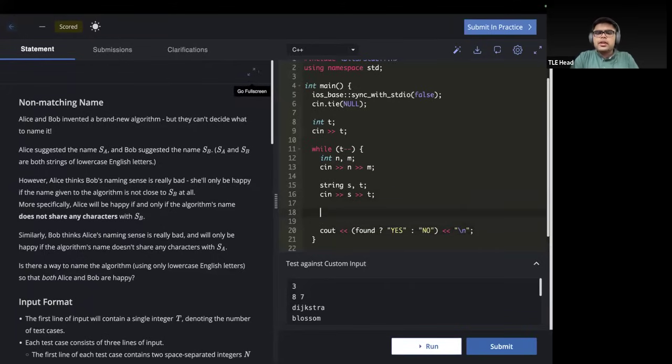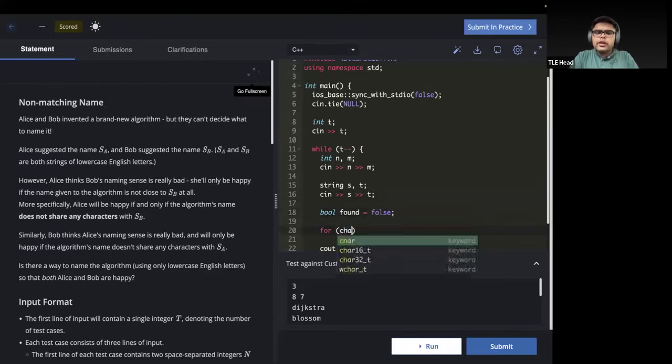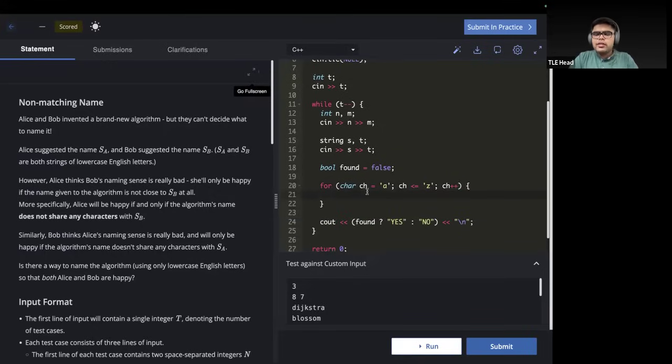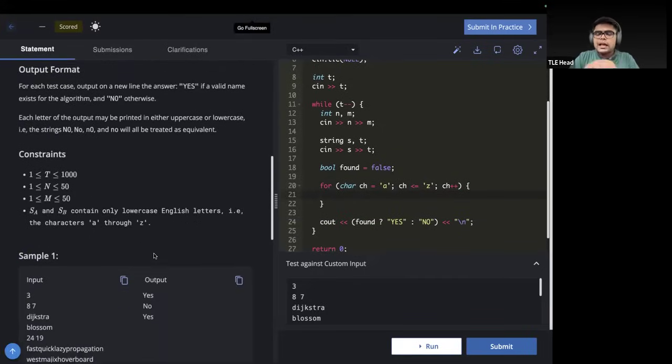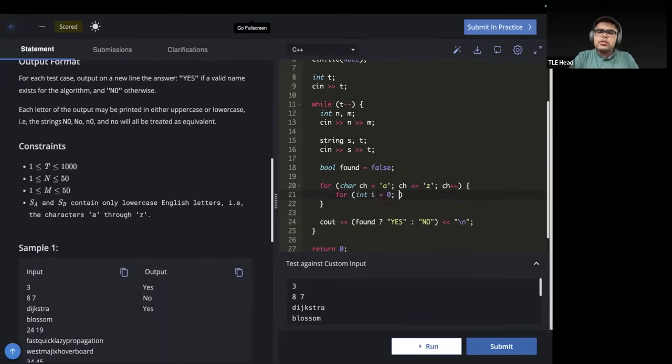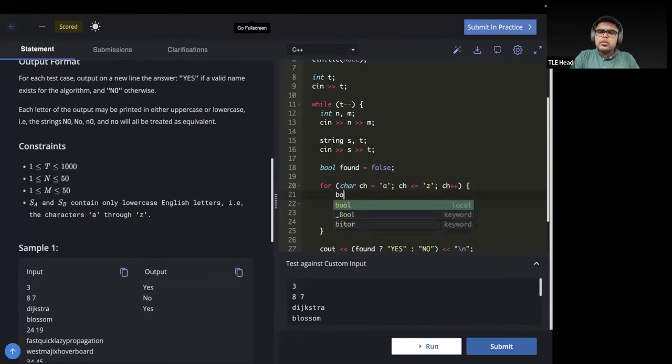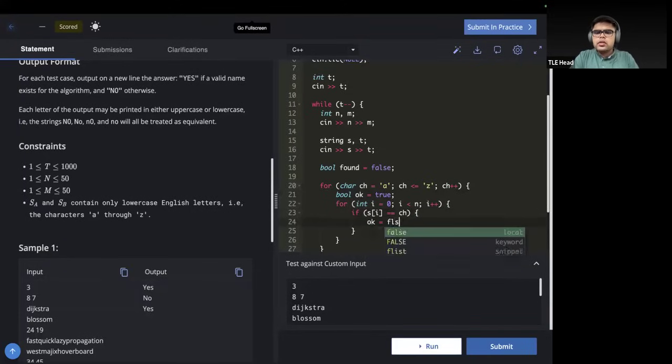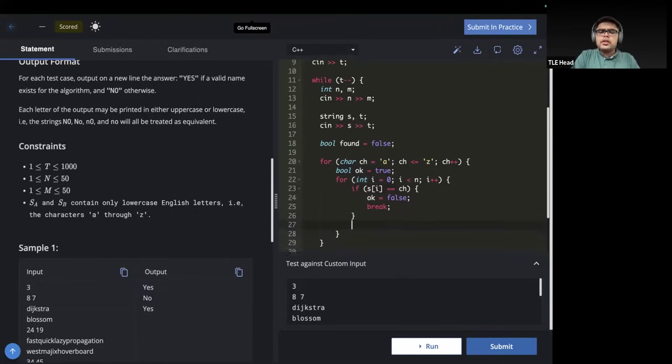So as we discussed in the logic part, we would like to go character by character. So we would like to go for character from A till Z, and then for each and every character you would like to just check if it is absent in both these strings or not. So you would go like bool ok equal to true, and then si equal to ch, and similarly if